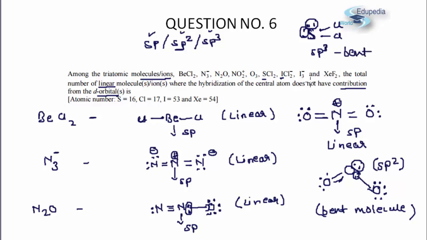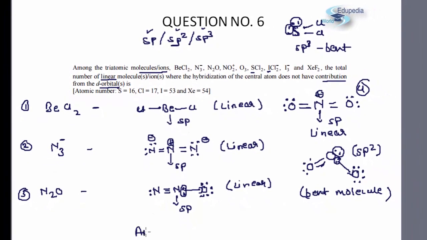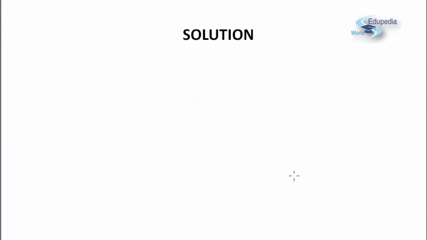So we can clearly feel that none of these are going to be our answers, because these molecules might be linear but then they will have sp3d geometry. Okay, so obviously the correct answer is going to be this BCl2, 1, 2, 3 and this N2O over here, 4. So the correct answer will be 4 for the question. However, from an information point of view, we will also be discussing the structures of the remaining 4 molecules in the next page. So the first molecule out of the remaining 4 was SCl2.